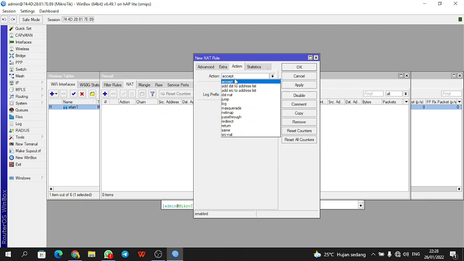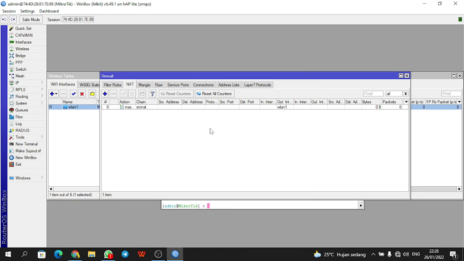Then in the action tab we choose masquerade. You can apply. Okay, we can see the bytes running. Then apply OK. If this step is complete, the router and all clients connected to the router can get internet access.